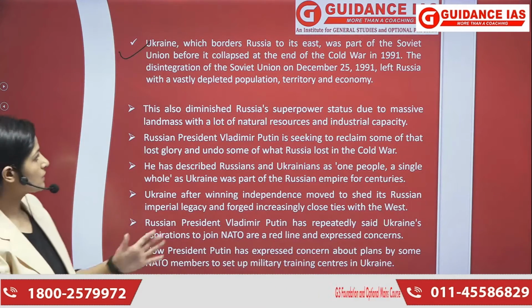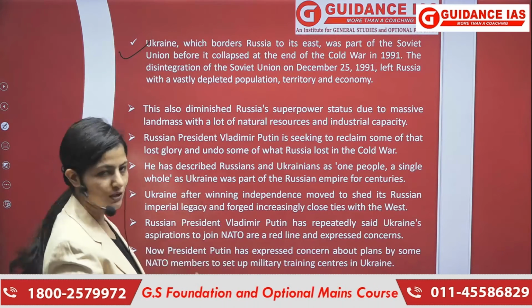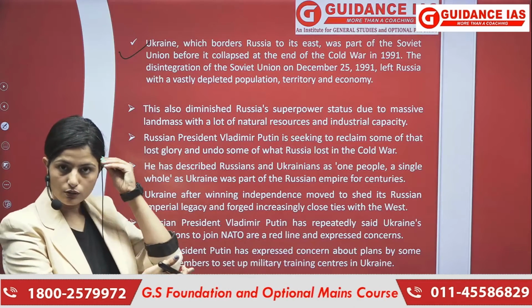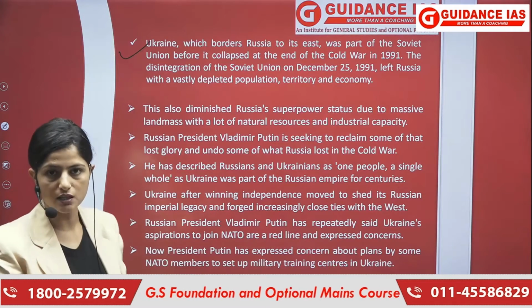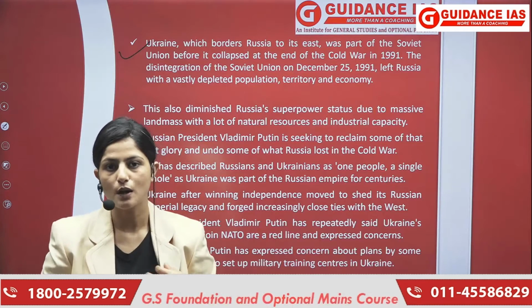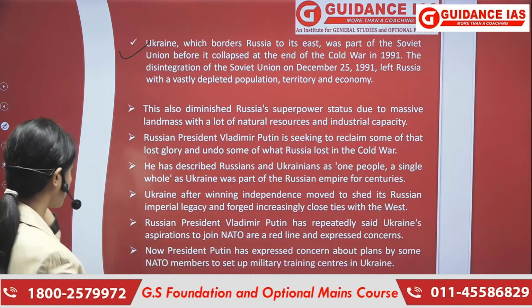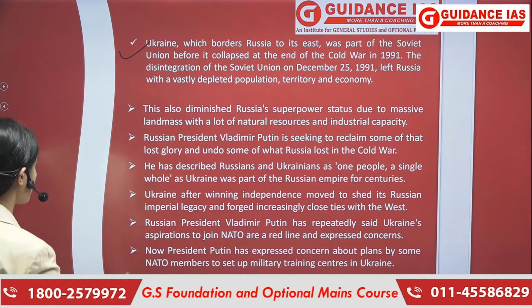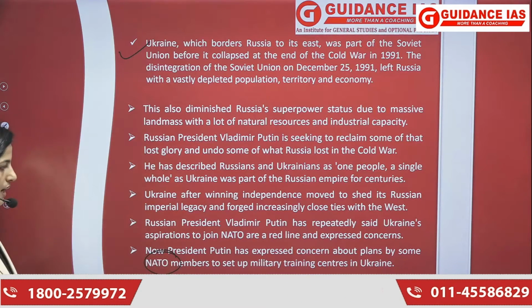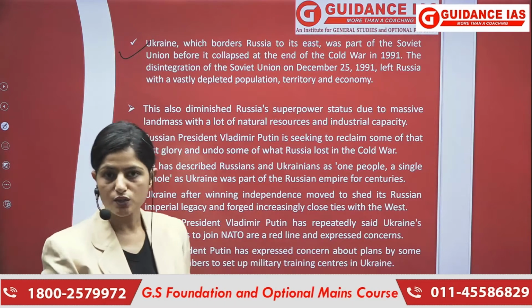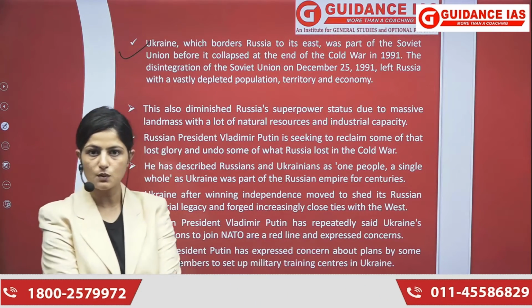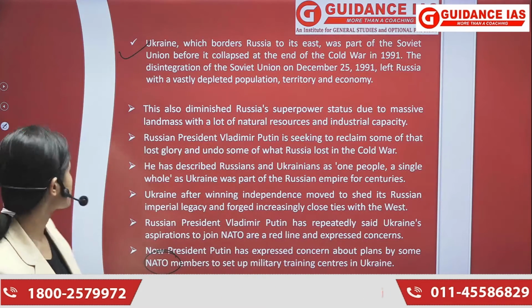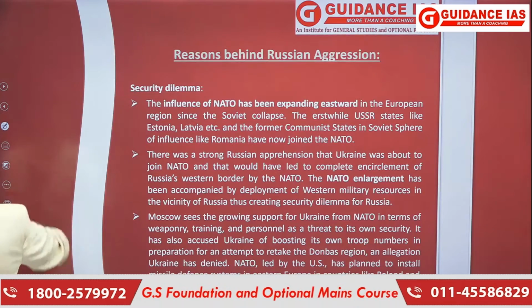All right. Up next, Ukraine borders Russia to the east. We know the USSR collapsed, and now to secure its border, it is very important for Russia to have good relations with Ukraine. So I think these were the major points. We have already talked about NATO, how NATO is expanding, and how Russia is not liking the expansion, because NATO will anytime come at the doorstep of Russia, which no country would like, not just Russia. So these are the major points.